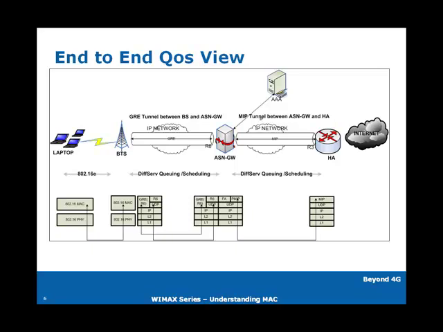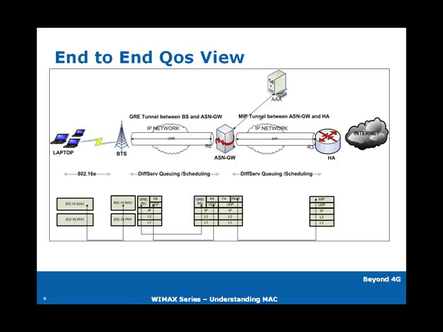base station to an ASN gateway, there is an IP network or an IP cloud, and the base station and ASN gateway have a GRE tunnel for each connection. So on the air interface between mobile station and base station, one of the air QoS can be used, and between base station and ASN, one of the IP QoS can be used. Most commonly used are the diffserv DSCP bit markings, and between the ASN gateway and home agent there is a tunnel called the mobile IP tunnel, and this tunnel can also use diffserv based queuing or scheduling. So end-to-end delivery of QoS is possible in a 16e network, and